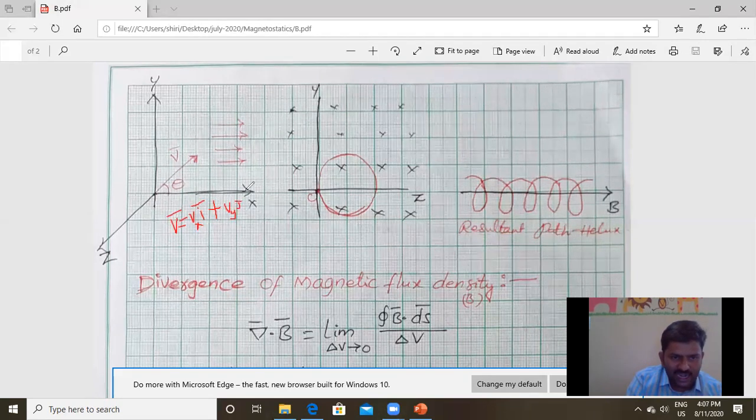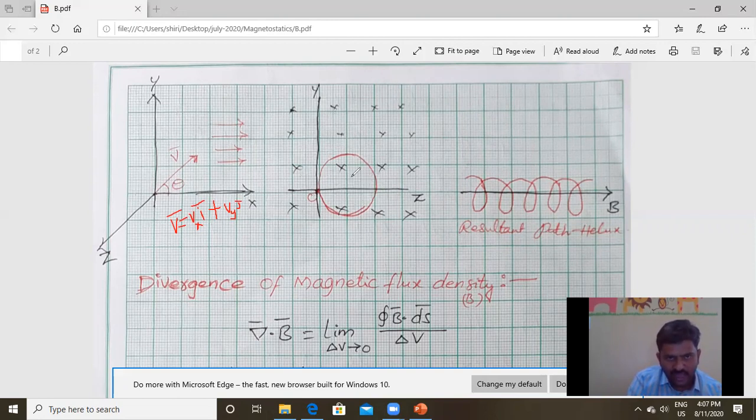Vx is the velocity component along the x direction, that means along the magnetic field. Vy is the velocity along the y direction, that is perpendicular to the magnetic field. Due to this field, the perpendicular component performs circular rotation in the yz plane, because the charged particle moves perpendicular to both the velocity as well as the magnetic field. So in the yz plane, it has to do circular rotation. It is shown in this figure.